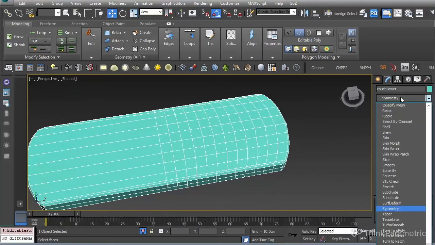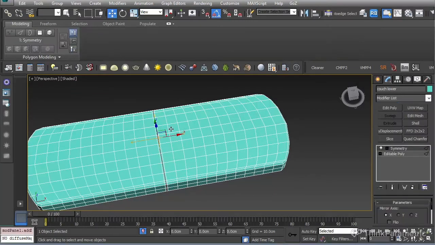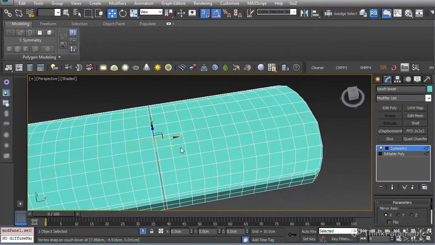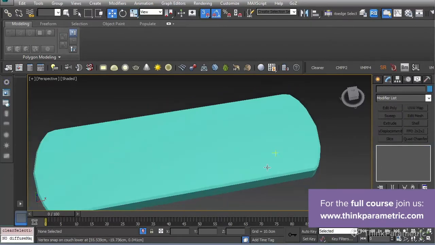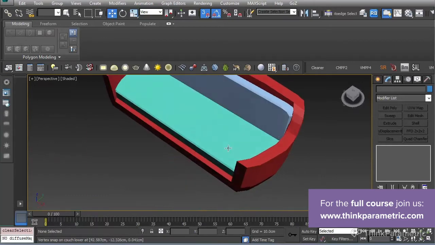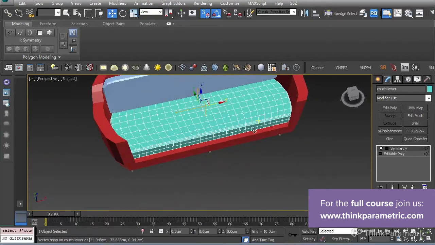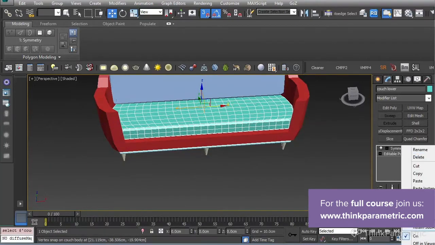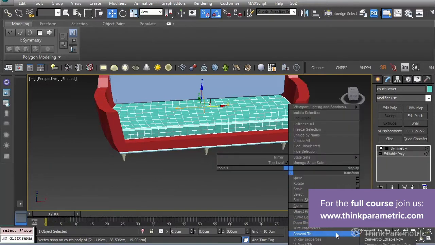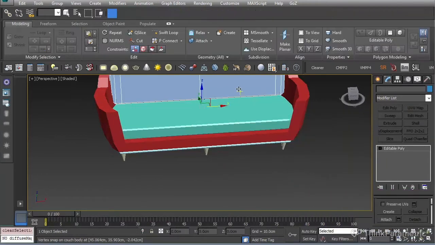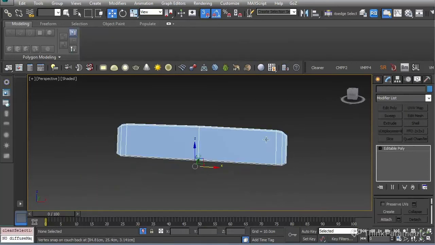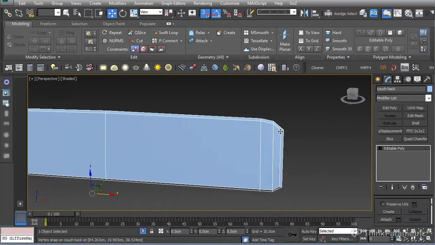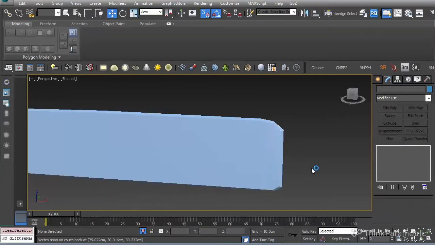One more time we put the symmetry. Just put it here. This is perfect, yes. We collapse that into a poly. And let's go with this one. Here as well, we're going to leave this outer edge as it is.